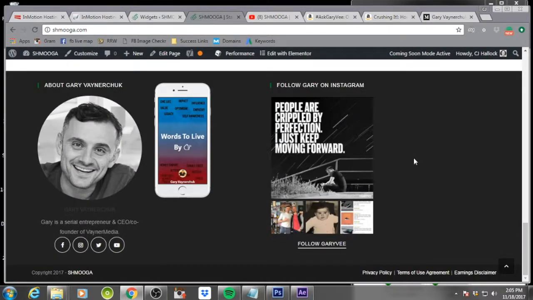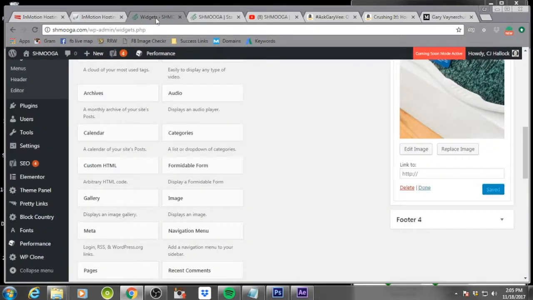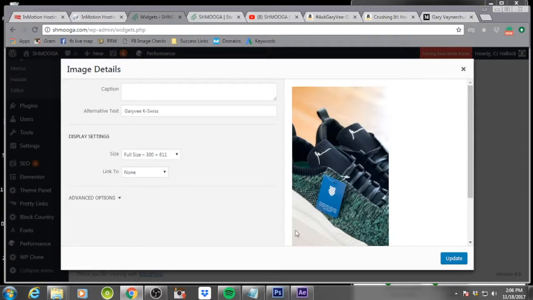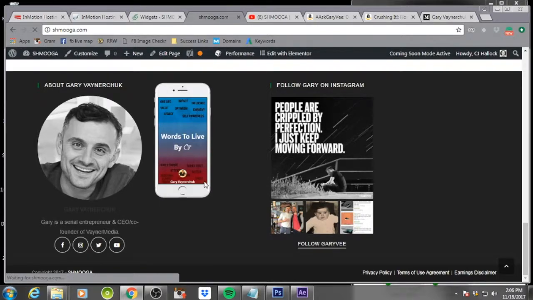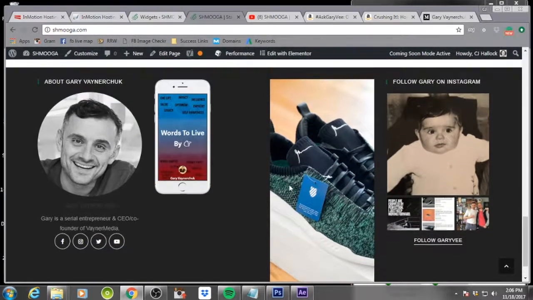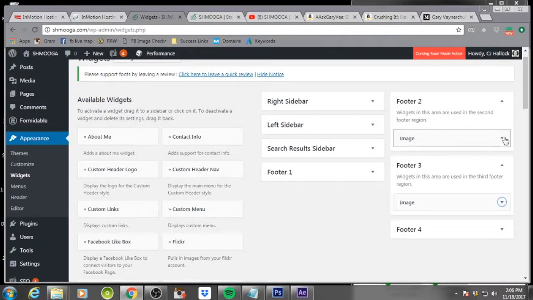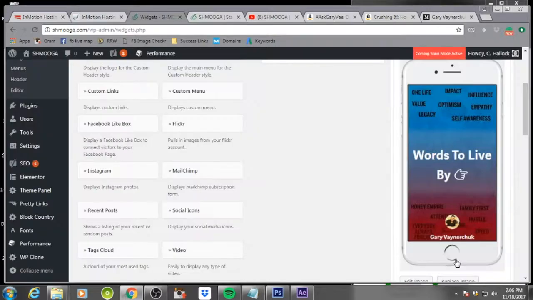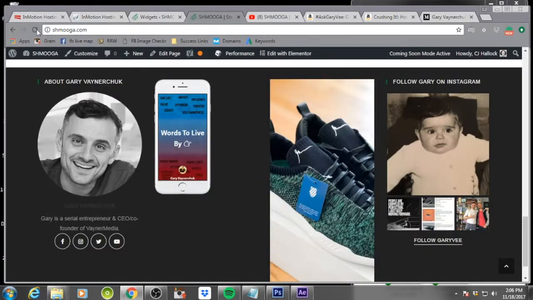There we go. The shoes aren't there. So we're going to come back here. It looks like it just finished saving, actually. So let's minimize this, bring it back up, and let's go back and refresh and double check. Okay, so it did bring it up, so I'm going to go ahead and come back into this one, and I'm going to go ahead and put this one back to full size and update and save. Make sure that saves, hit refresh,